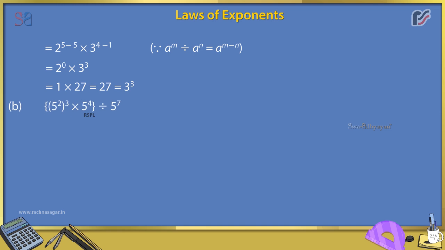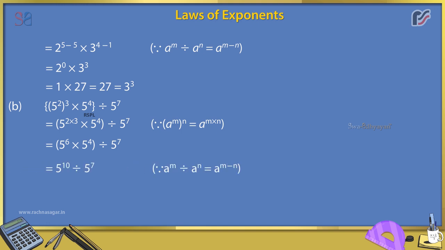B. In the brackets 5 raised to the power 2 whole raised to the power 3 into 5 raised to the power 4 divided by 5 raised to the power 7, which is equal to, in the brackets 5 raised to the power 2 into 3 into 5 raised to the power 4 divided by 5 raised to the power 7, because in the brackets a raised to the power m whole raised to the power n is equal to a raised to the power m into n, which is equal to, in the brackets 5 raised to the power 6 into 5 raised to the power 4 divided by 5 raised to the power 7, which is equal to